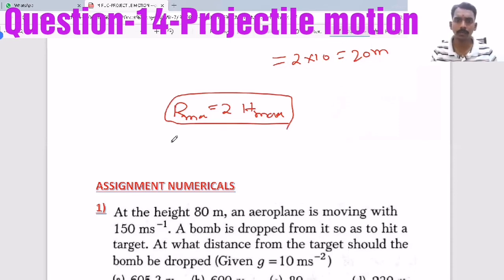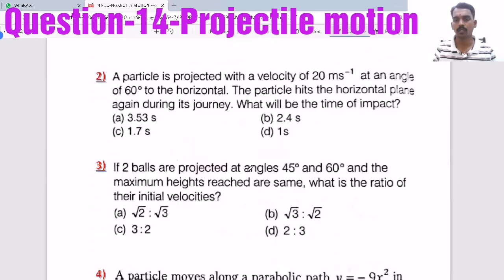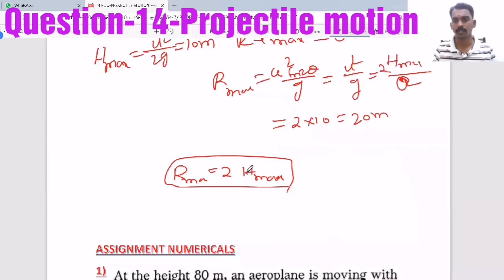So this is how the question will be asked based on oblique projectile motion and horizontal projectile motion. Remember the formula, whether it is motion in one dimension or motion in two dimensions, whether it is motion under gravity or projectile motion. Remember the formulas and understand the question. Draw the diagram and check the condition they have given. Then try to manipulate the formulas or equations you have. Then only you can solve the numericals. So I have given examples here. Please try to find and solve them. Then you will understand in a better manner.